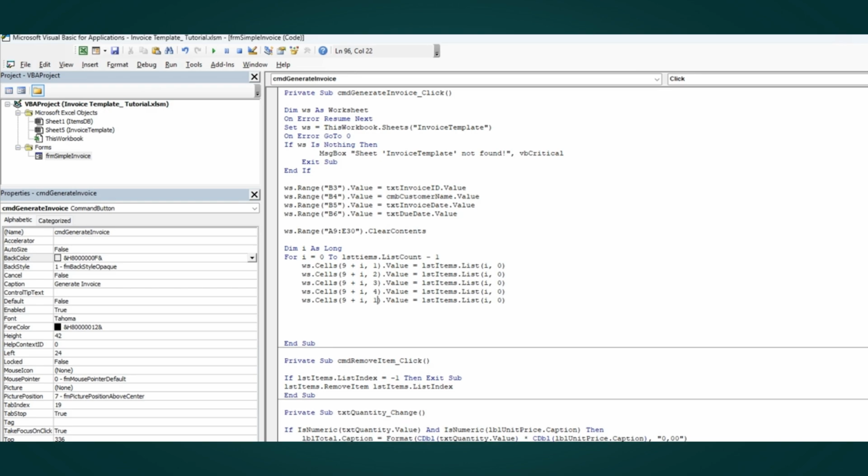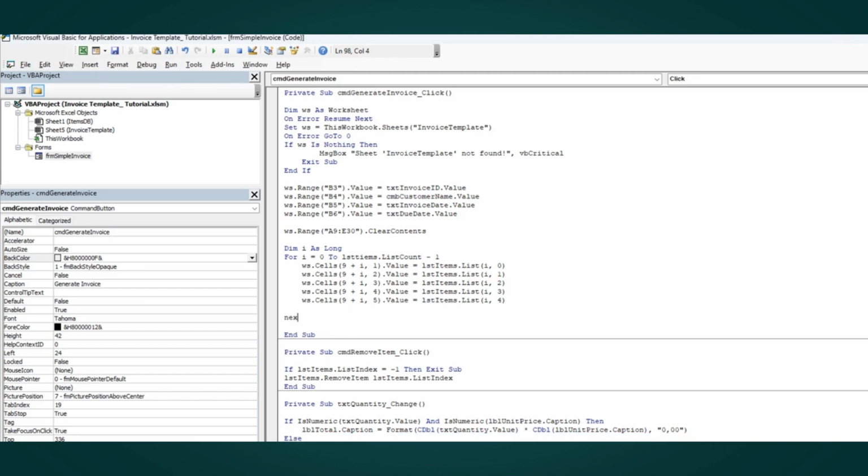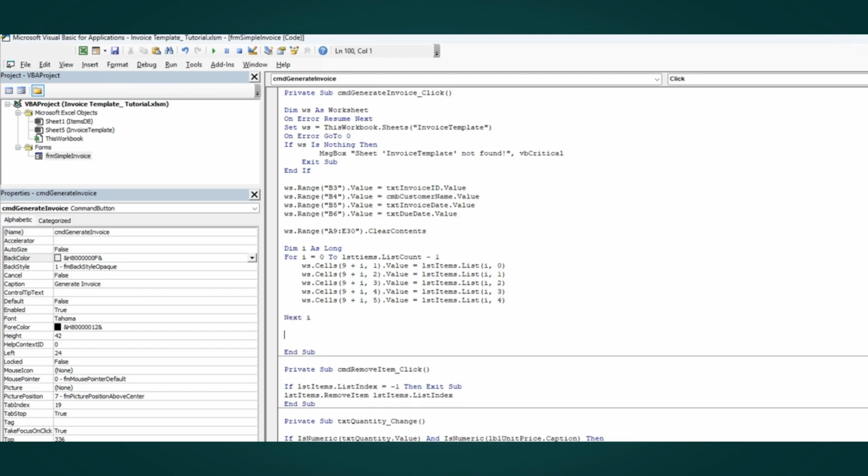Two, 3, 4, 5, index I 0, 1, 2, 3, 4, and it's because list box always start the first column with index 0. That's why. And then next I, and then message box